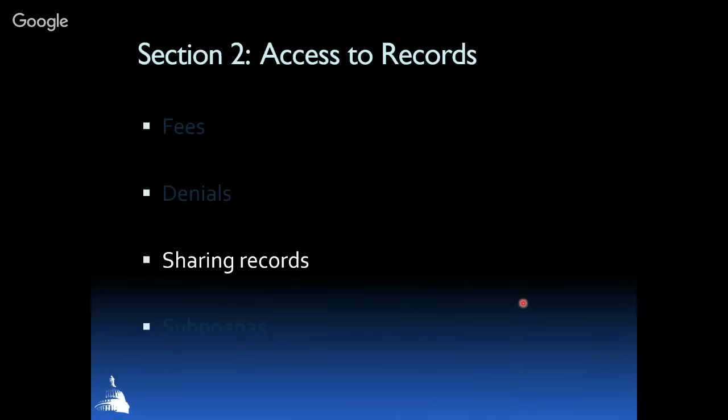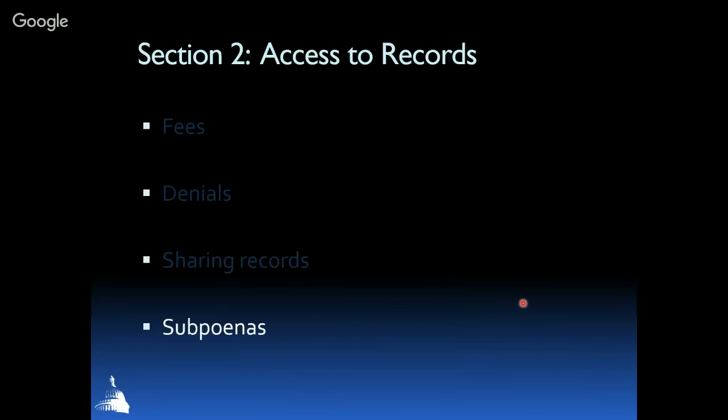Okay, sharing records. Sharing records with other governmental agencies. A governmental entity may provide a record that is private, controlled, or protected to another governmental entity if it falls within the parameters outlined in GRAMA. And this section in the law is quite long and extensive and very detailed. And the training manual, if you download it, it's been simplified. But if there are any questions, please refer to the statute, but it is a very detailed section.